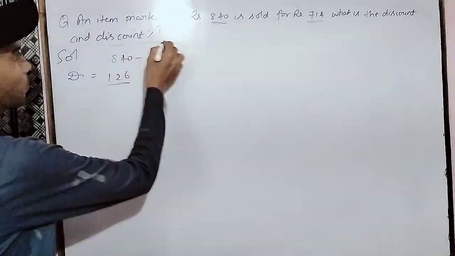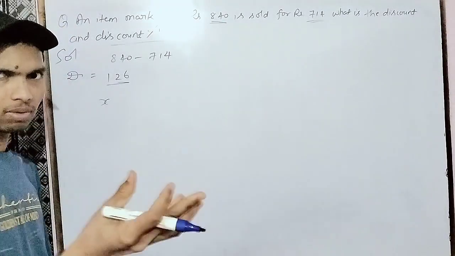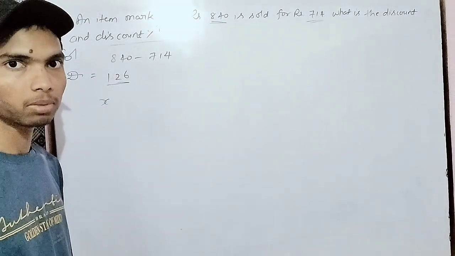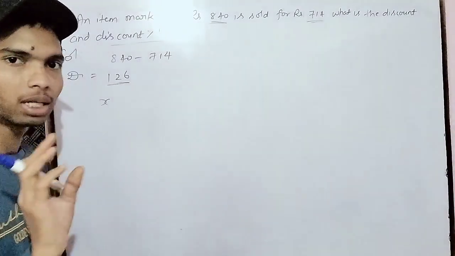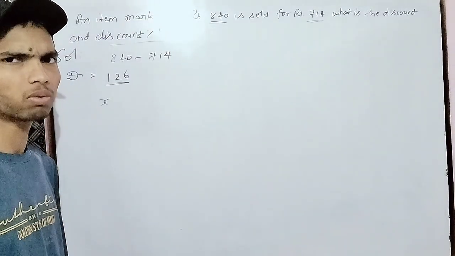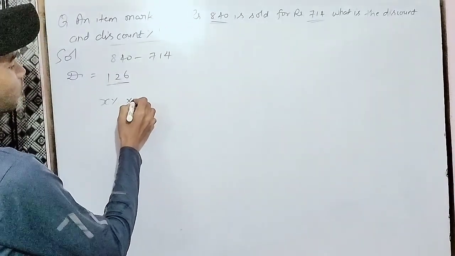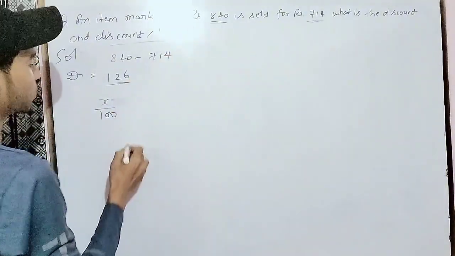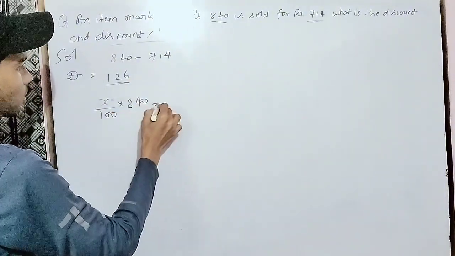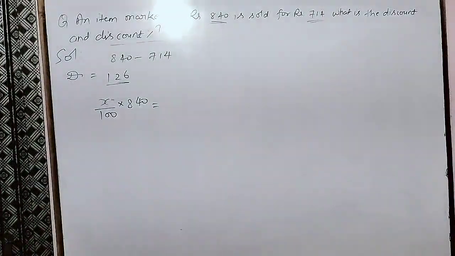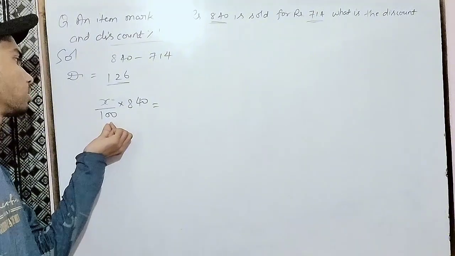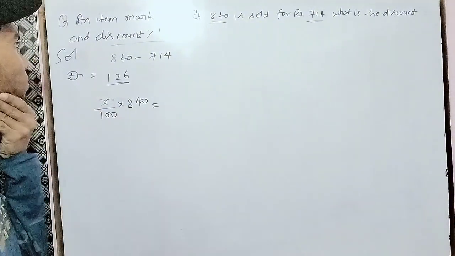First of all, we don't know what the discount is. That's why a variable can be applied to unknown things. If we don't know something, then a variable can be applied, because a variable is used for an unknown thing. X% of what? Of the total initial price, 840. What is the discount? So we are going to find this unknown percentage of 840,